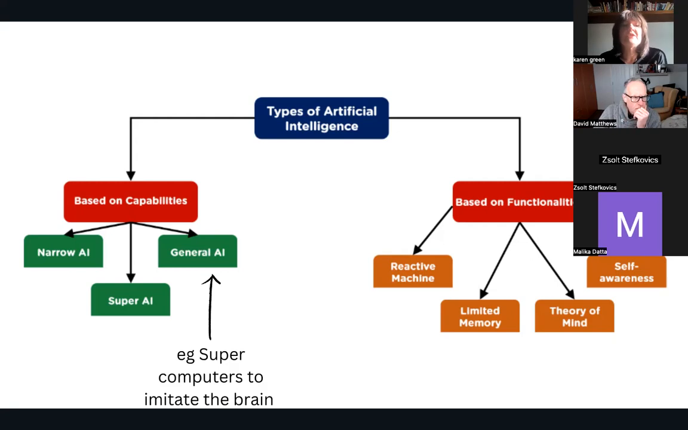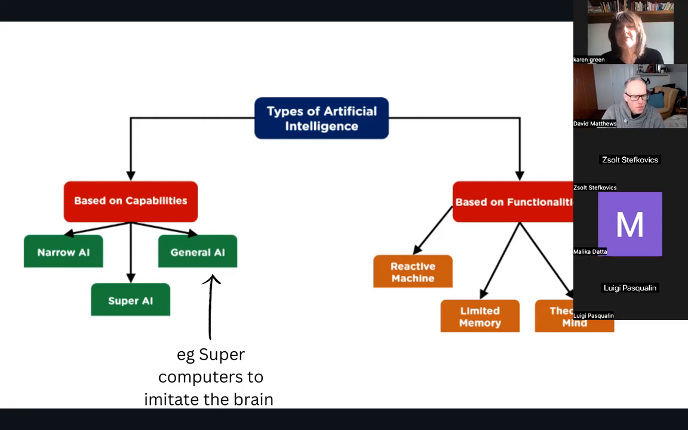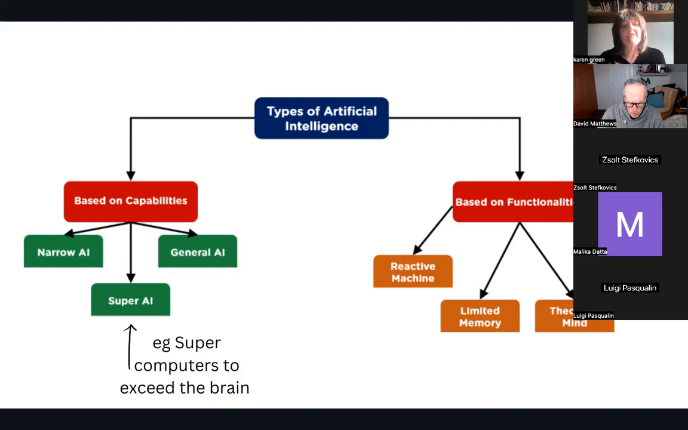General AI, which is where they've got these massive supercomputers that imitate the brain. What we have discovered is the brain is just so phenomenal that actually producing a computer to imitate it is quite difficult. So yes, there's the supercomputers, and then there is super AI, which is the supercomputer to exceed